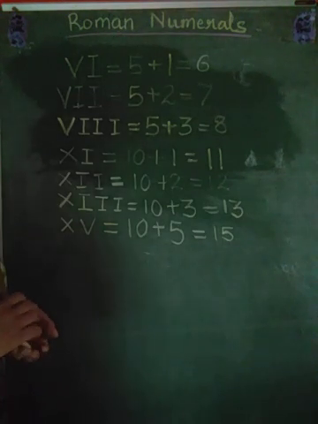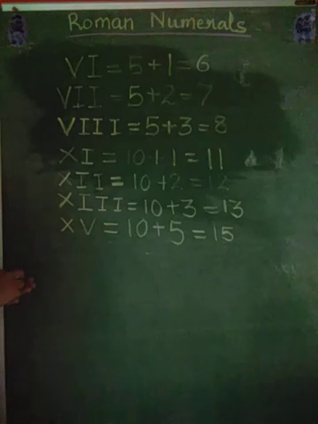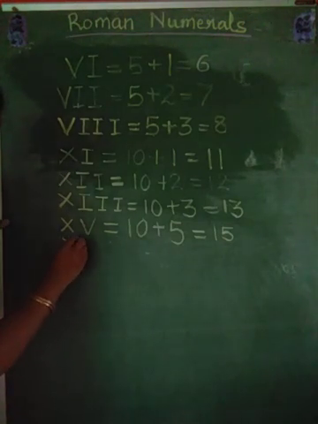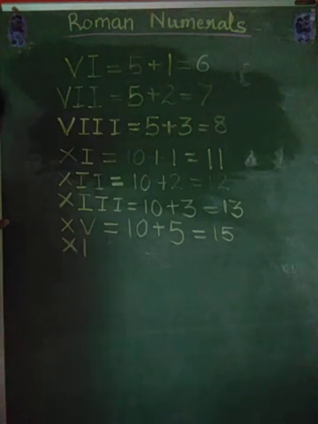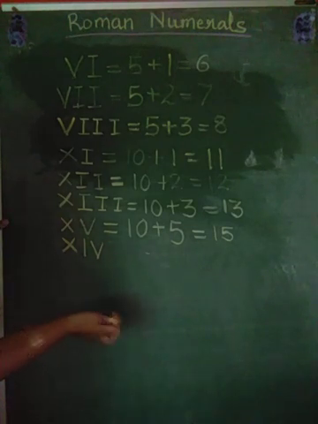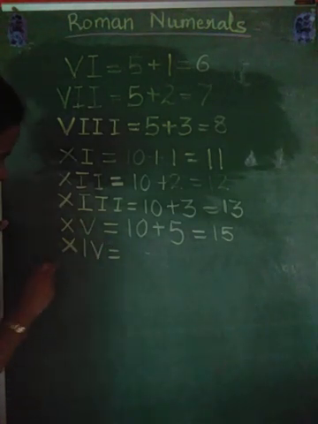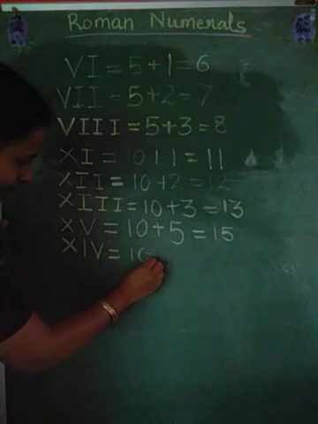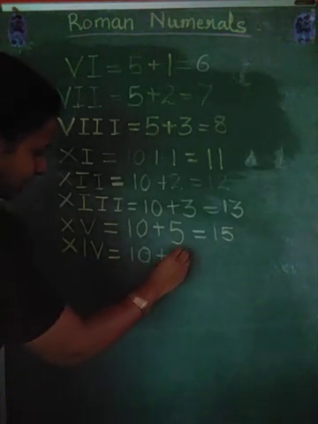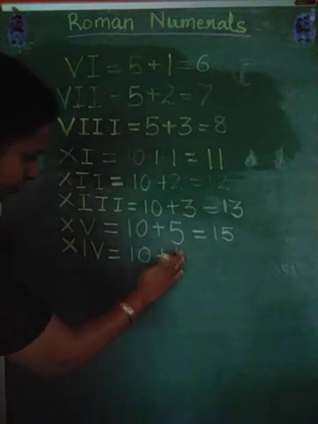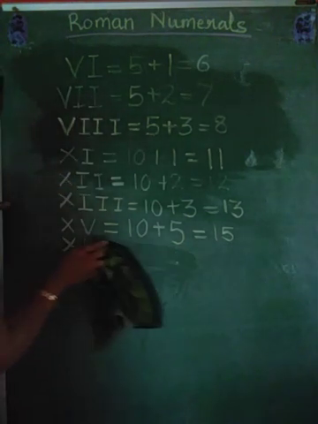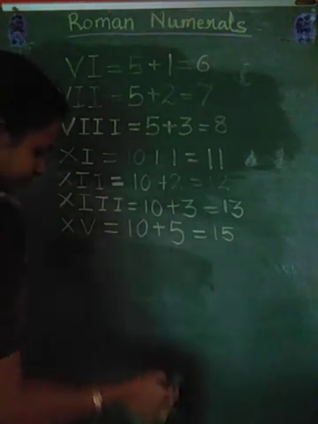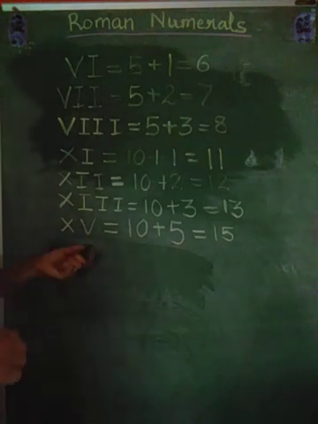Now let us see this also. Can you tell me what will be the value of this if I write X and on its right hand side I, and again one more letter V? We can go on adding like this. What will be the value of this? X stands for 10, I stands for 1. Sorry, there is another rule for this, so we will see that rule first and I will tell you what is the value of it.